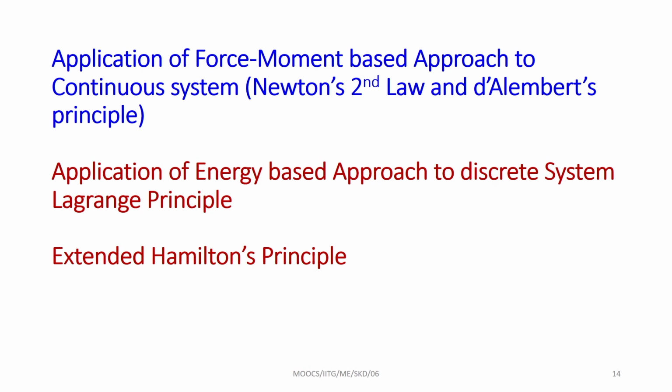This is the third lecture in the second module of this nonlinear vibration course. Last two classes we studied how to derive the equation of motion using Newton's second law or D'Alembert principle for discrete and distributed mass systems. Last class I also started how to use the Lagrange principle to derive the equation of motion. Today we will solve some more examples using the Lagrange principle. Also, we will use the extended Hamilton principle to derive some equations of motion.